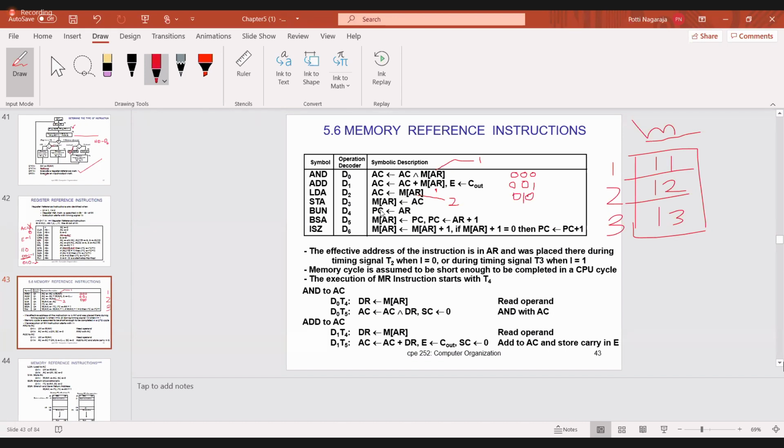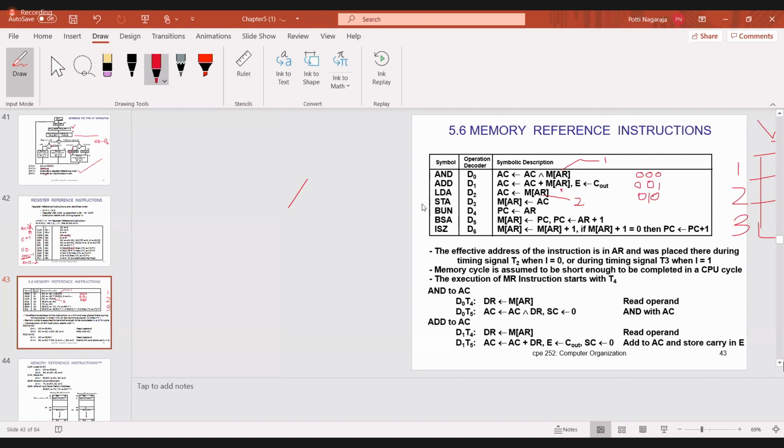Now similarly, STA. STA when D3 is active. STA means store accumulator in memory. Now assume that accumulator is